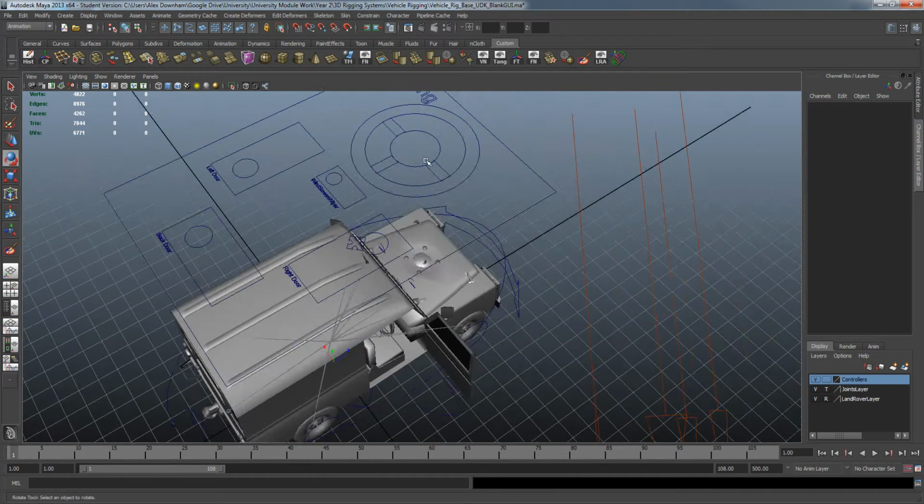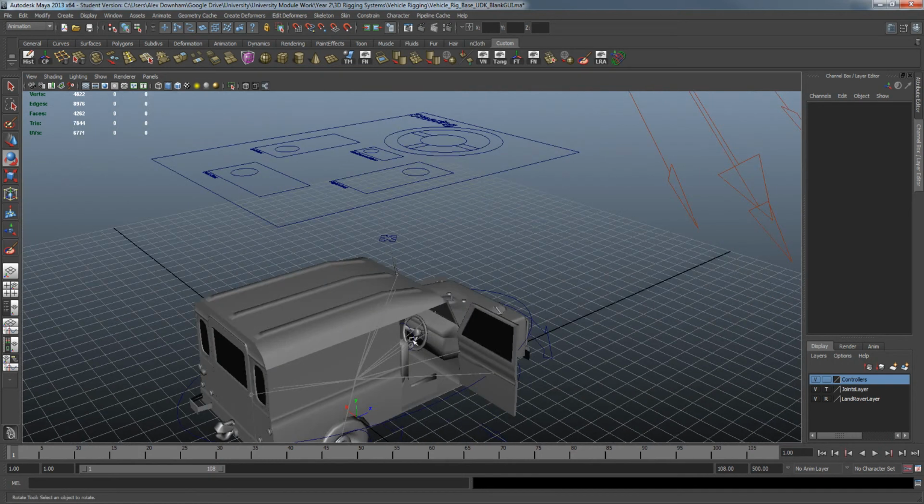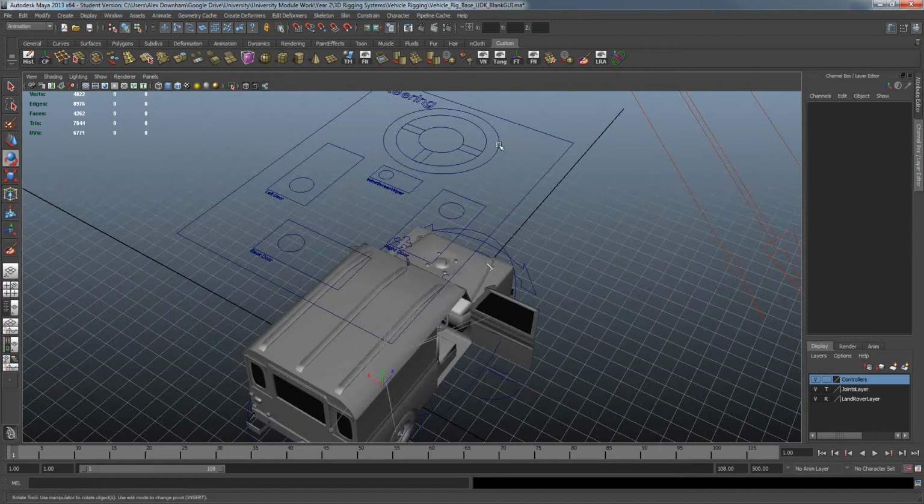So that's the steering wheel controller, and that's what it does. You can just steer it left to right and it will move the wheels and the steering wheel. That's neat. And to set that up, all I did was,